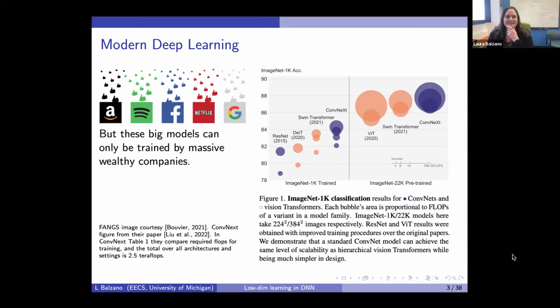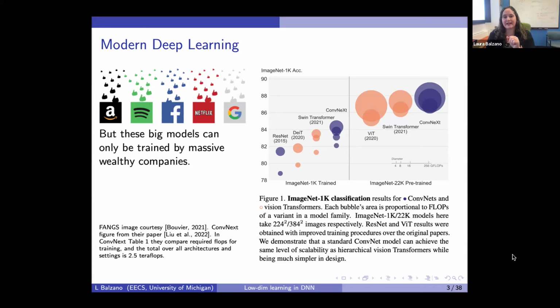So this figure that I like to show is from the ConvNext paper. It's from a couple of years ago. It made a really big splash, a very interesting architecture for vision tasks. You can see here in this plot, they're showing their accuracy on ImageNet 1K, and they compared their model to other state-of-the-art models, ResNet, SWIN, Vision Transformer. They both trained on 1K and tested, and they also did pre-training on ImageNet 22K and then tested on ImageNet 1K. And you can see these big bubbles, and that alone, just one of them,